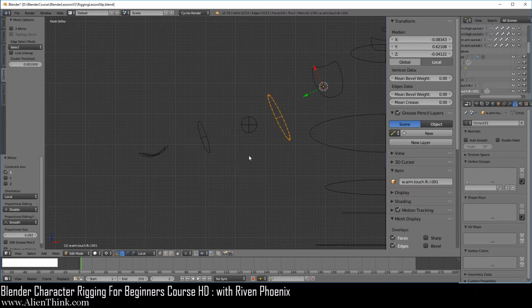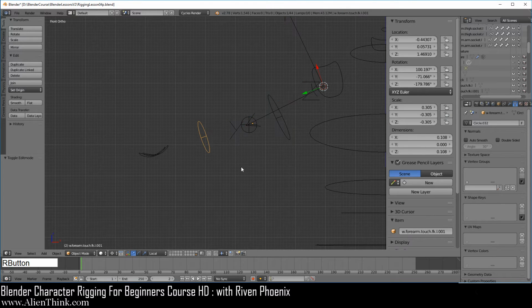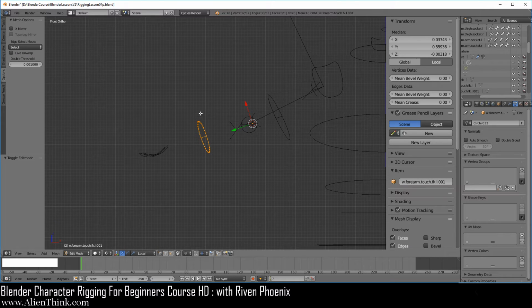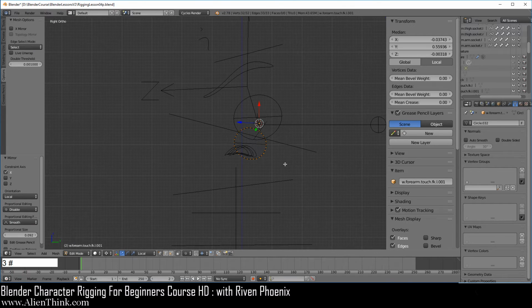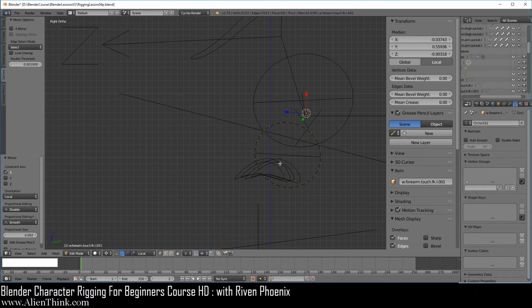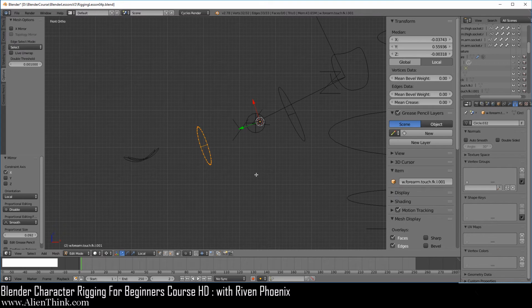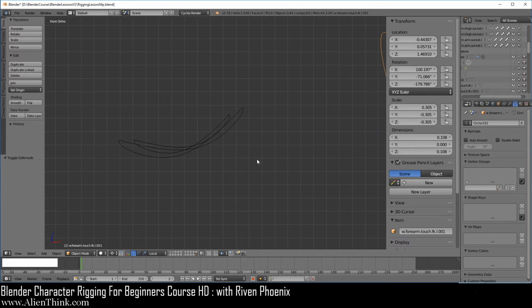I'm going to press the Tab key to go into object mode, click over here, do Shift S, do cursor to selected, press the Tab key, make sure that everything's selected, do Control M, do X 2 times, and left mouse button, press the 3 key. You can see that, yep, this worked just fine. Press the 1 key, go ahead and press the Tab key to go into object mode. Now let's pick on anything over here.